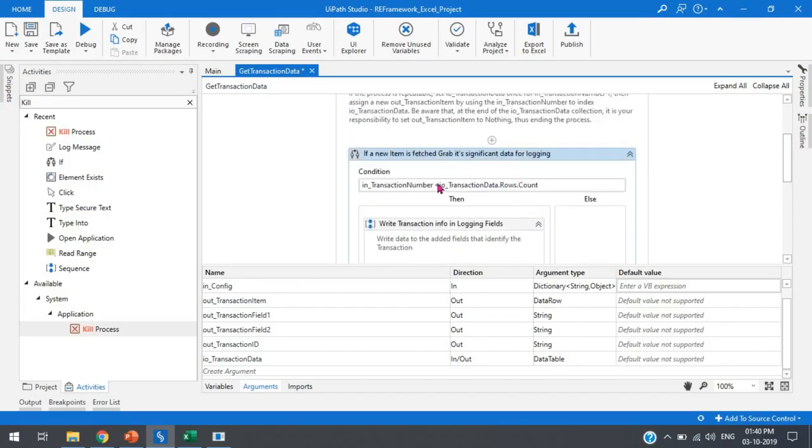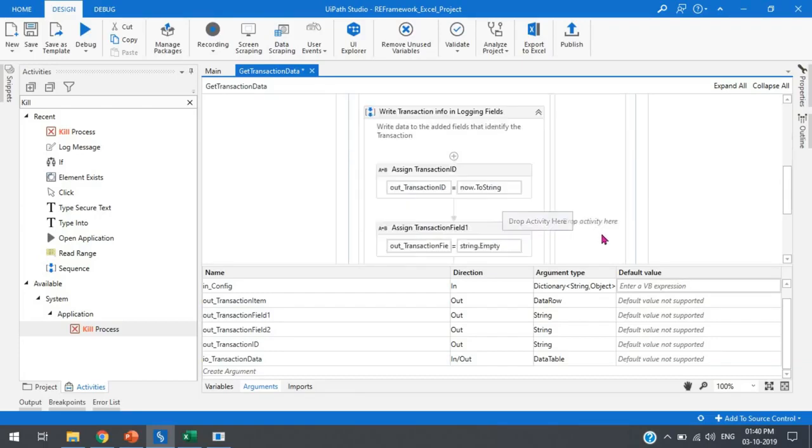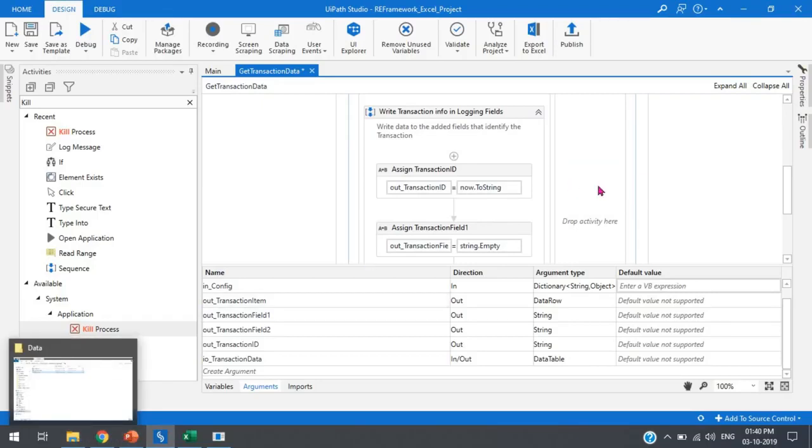So what will happen here, it has 0 the first time. As you can see here in the main, we have defined 0 as the default value, and here it will show you the count of the records in the data table. So it will be 25. Currently we have 25 records in the transaction.xlsx file,